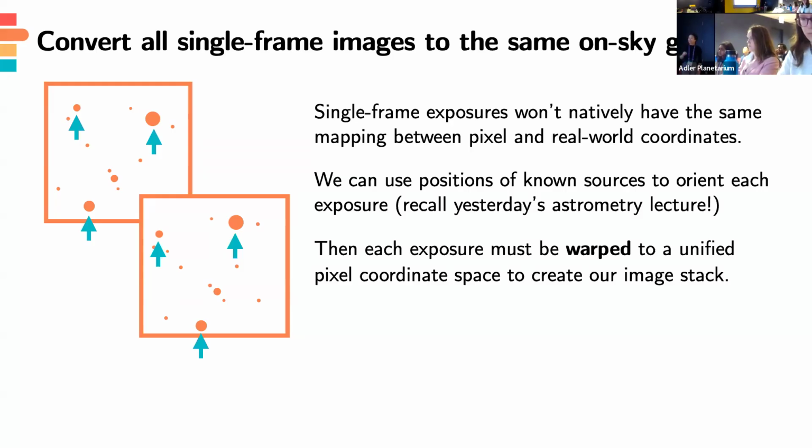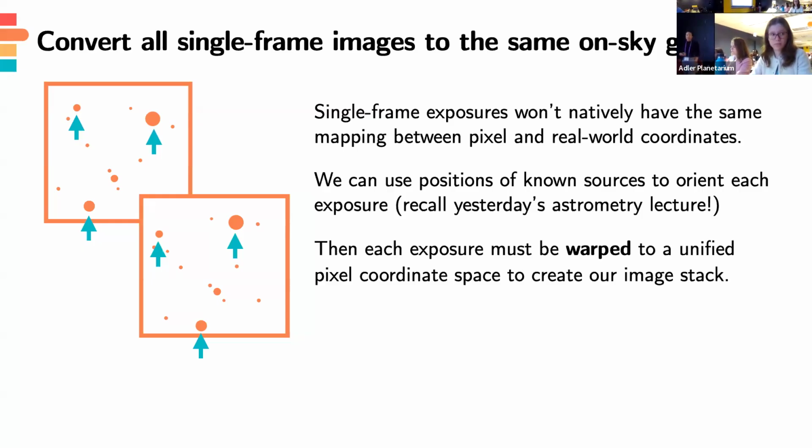So this is something that was covered to some extent in yesterday's astrometry lecture, I believe. Are people nodding? Yes, okay. And then each exposure must be warped to a unified pixel coordinate space in order to create our image stack and eventually our COAD. And like we already discussed, identifying these calibrating sources themselves can also be a challenge